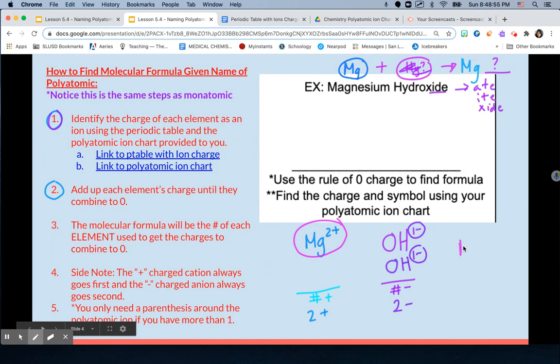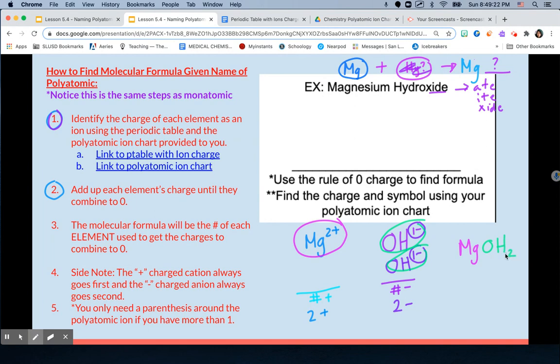So it's going to be Mg 1, but I don't need to write that 1 if I only have one of that element, right? How many OHs did I use? Well, I used 2 OHs, right? So I used 1, 2 OHs. So OH